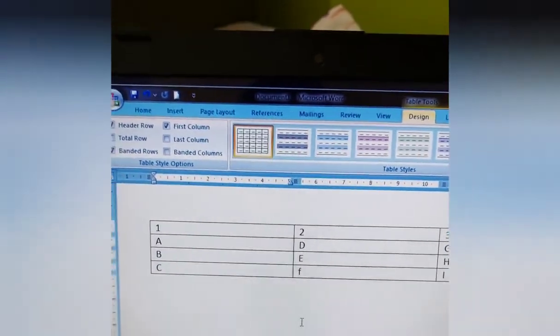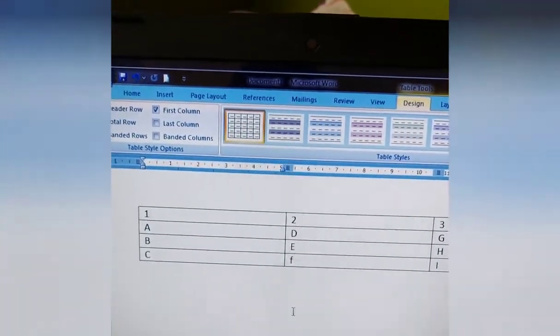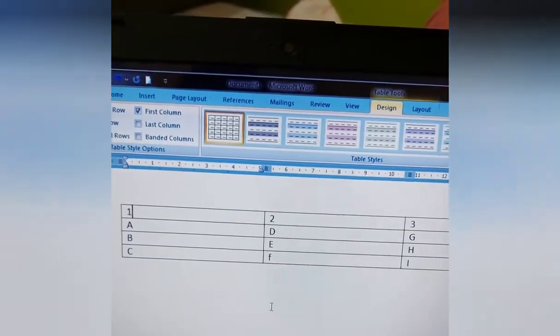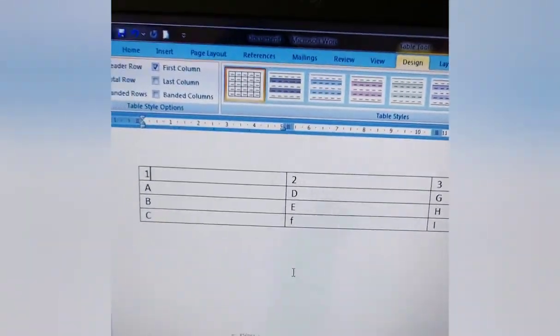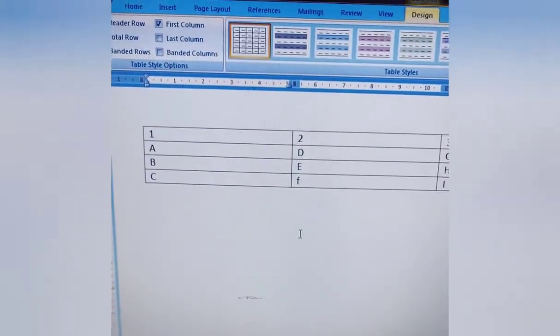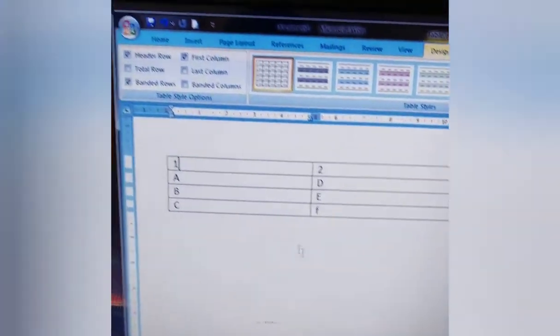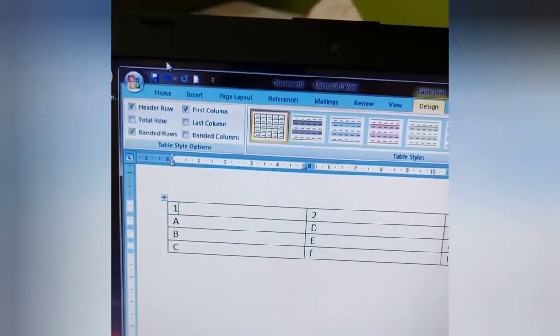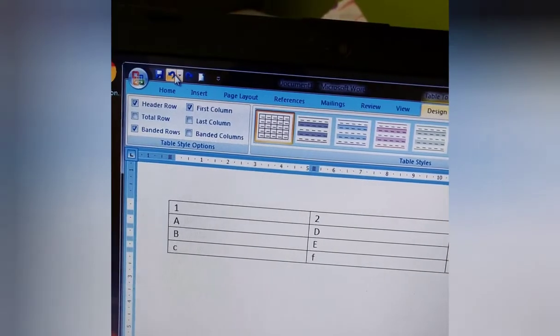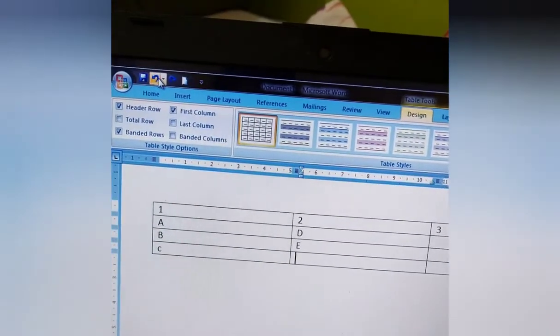So that means there is no separate mouse. This pad portion of the laptop is the mouse, so we can use that, or we can use these keyboard combinations to move within a table. Okay, now I'll clean this up. Let's undo this so that we get a clear table.